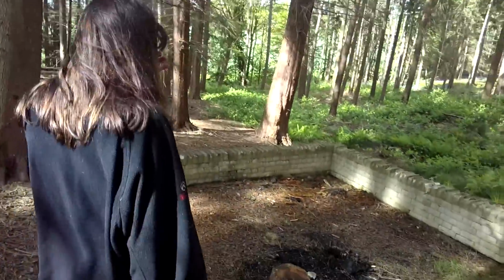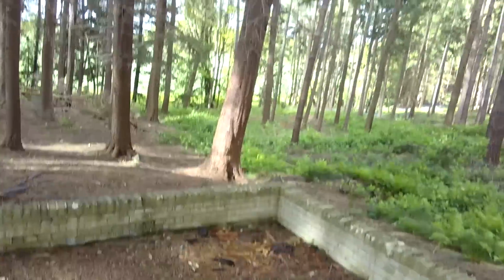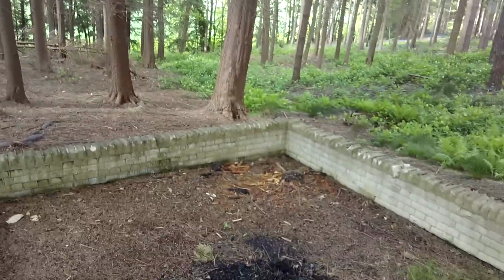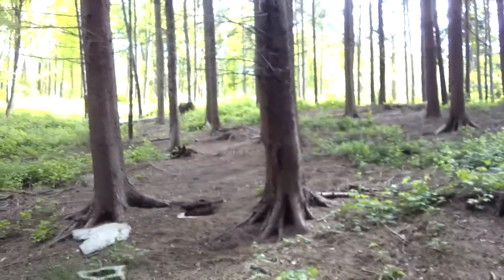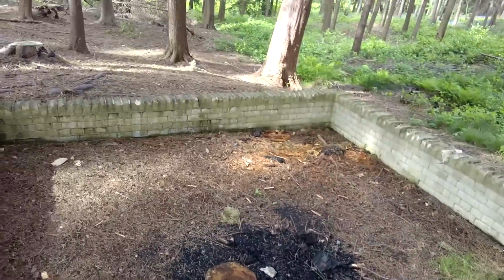Oh, I reckon this is some kind of pond. It fills up. Yeah, it's definitely got water in it. So it's some kind of water, maybe for deer and stuff, I reckon. I don't know. I'm recording, so I'm sure if I put this on YouTube, someone might know what this might have been for. But it kind of looks like, with the water coming down from up there,